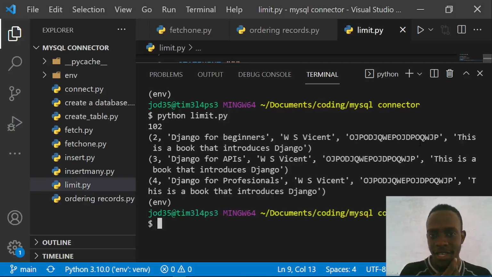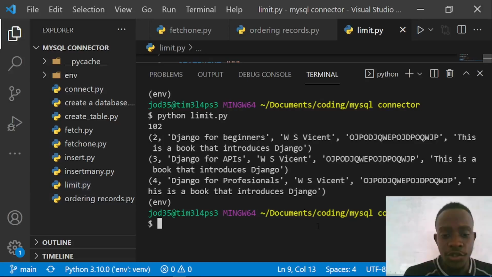And right now we see that it's limiting to 3 results, but it's starting from ID of 2, because we specified our offset to be at ID 1. So now that we have done this, we're going to go ahead and look at how we can update our